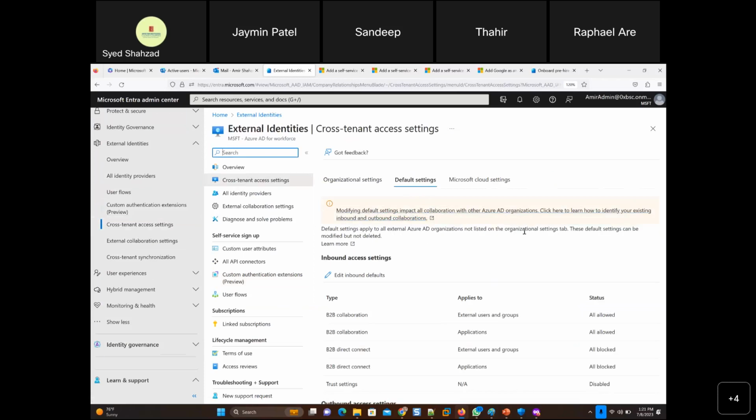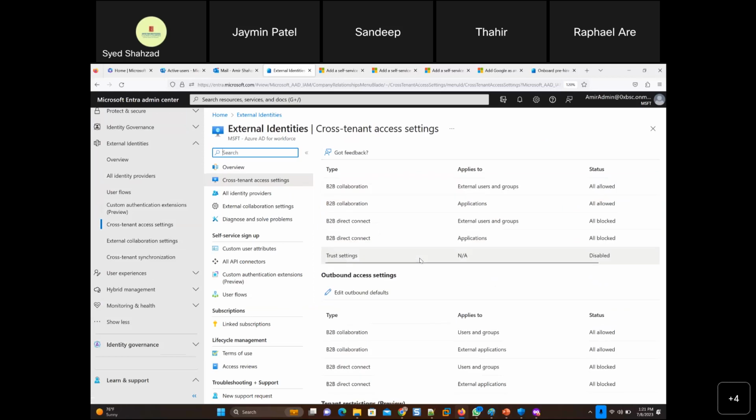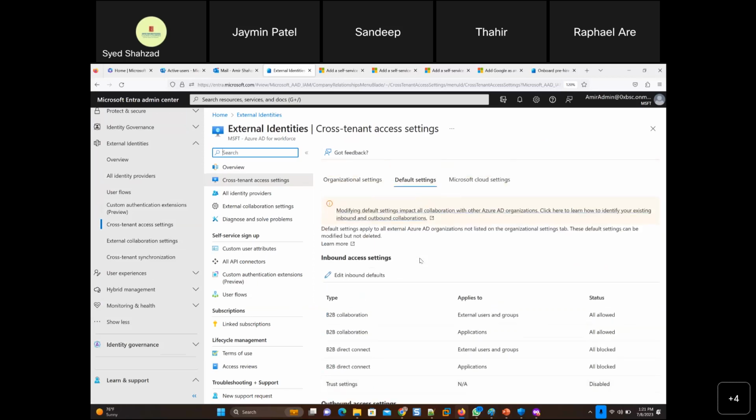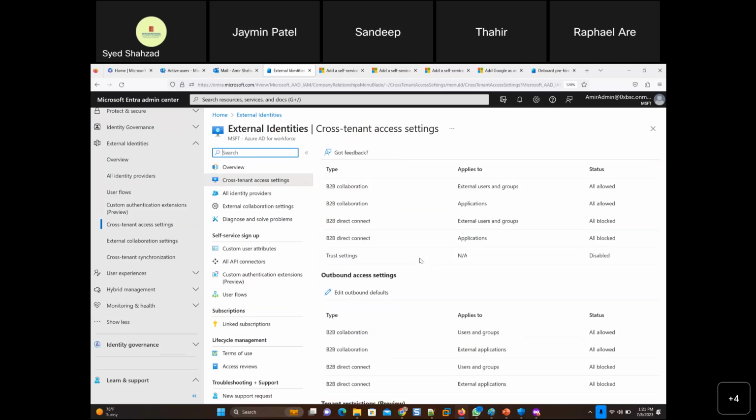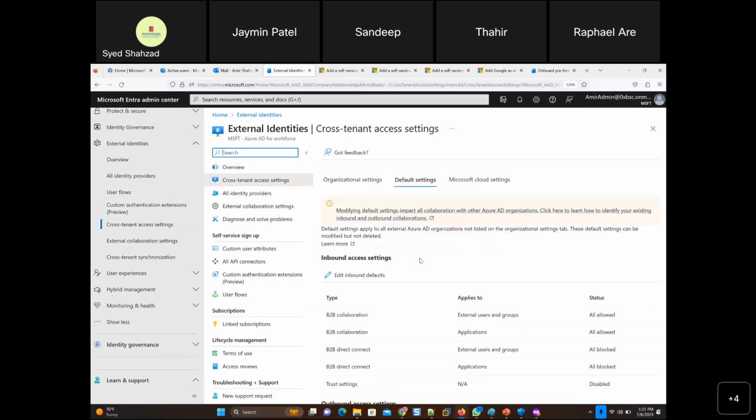When you want to connect to that company, click here to learn how to identify your existing inbound and outbound collaborations. Default settings apply to all. So we have talked about connecting to different companies. There is something that is a bit more developer side, and I've mentioned that before as well.